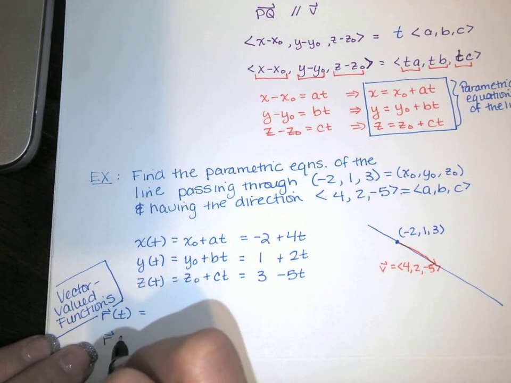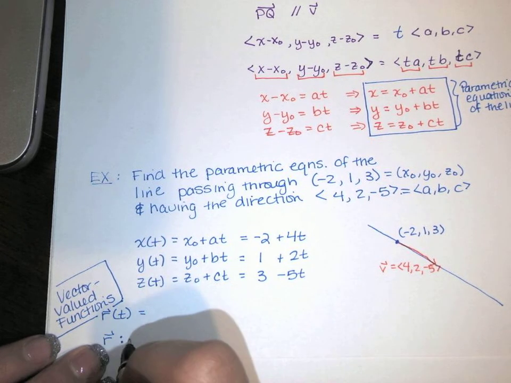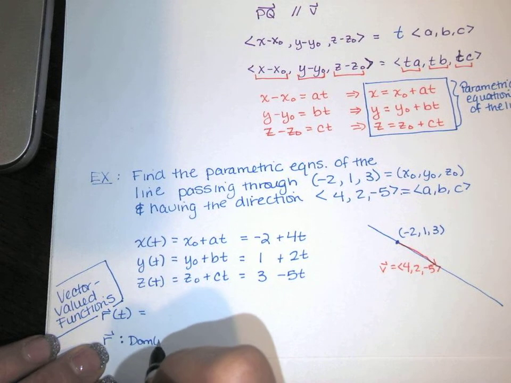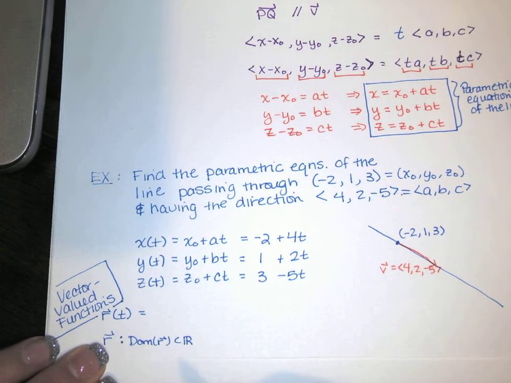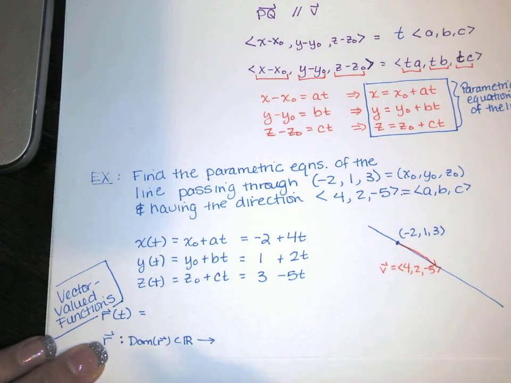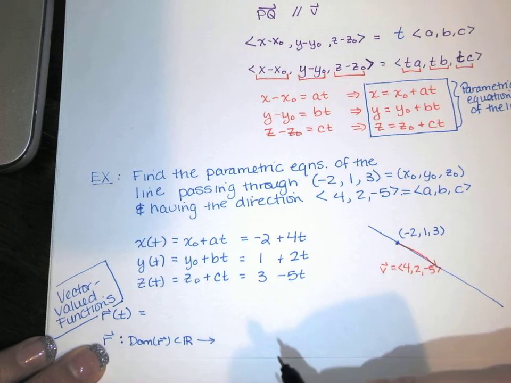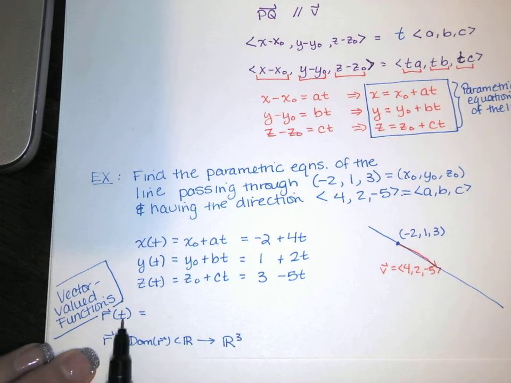The input to this vector valued function is some real number. So I'm going to start with the domain. It's going to be a subset of the reals. And then we're going to map it to a point in 2-dimensional space or 3-dimensional space or n-dimensional space. But in this example, we're looking at lines in 3-dimensional space. So I'm going to take a real number t and I'm going to map it to a point in 3-dimensional space. For every t,